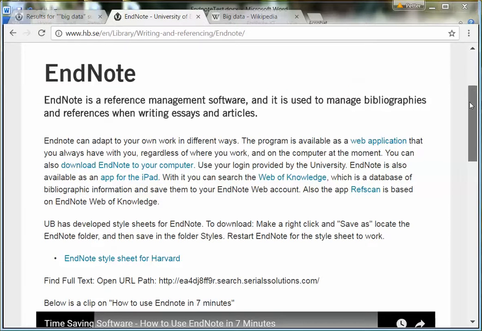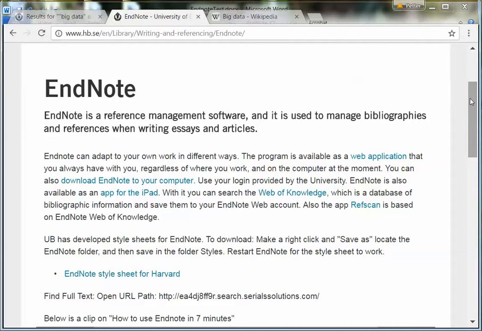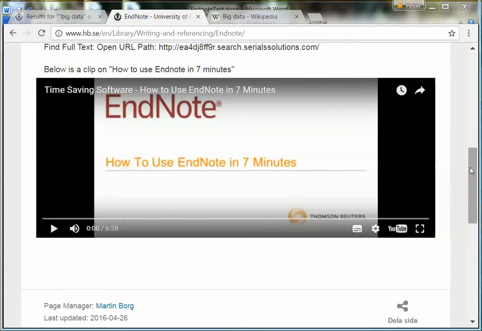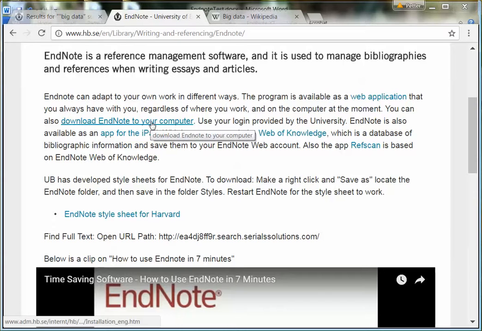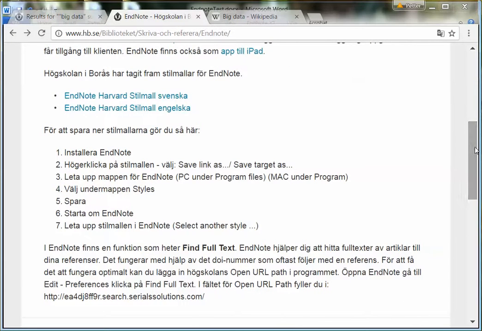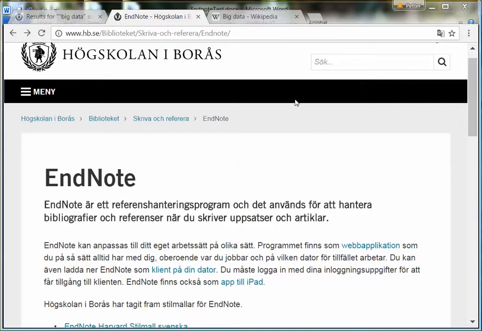EndNote is a software for managing bibliographies and references in your work. This is the English page with a small movie. And this is how to download it to your computer, and also how to download the style that we're using. Down at the bottom of this window, you can see that it says harvard_hb.ens, and this is what you should download to the correct folder. In case you understand Swedish, I think this page is better at explaining how this works. Under biblioteket, skriva och referera, EndNote. Okay,